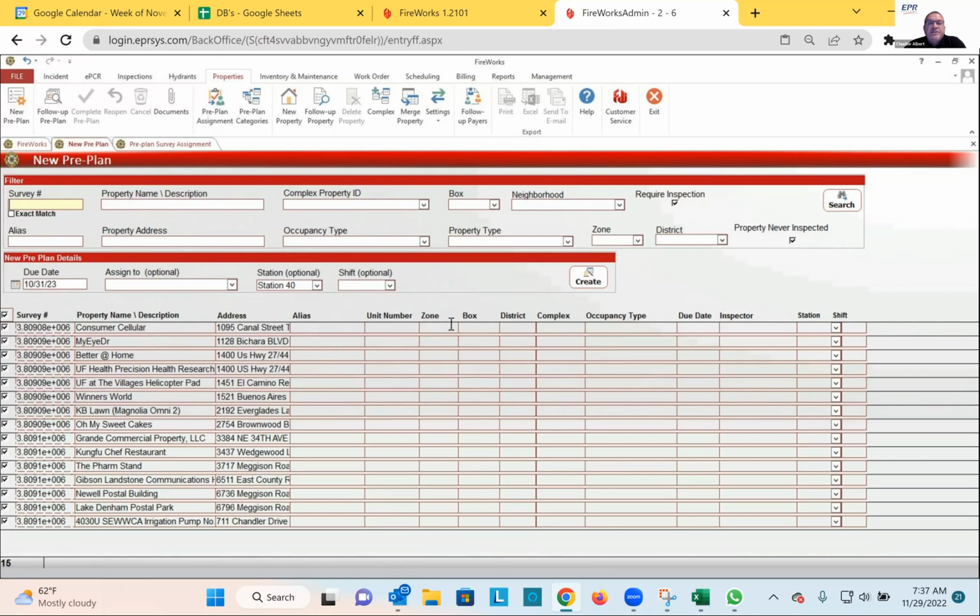So you could go into these properties and you'll notice there's no box assigned to them. There's no zone assigned to them. So I don't know if these are bad properties or if these are properties that are under construction, but they were flagged as new and under construction, so they require inspection. So you would basically go in here and assign them to a zone, a box, and then schedule a